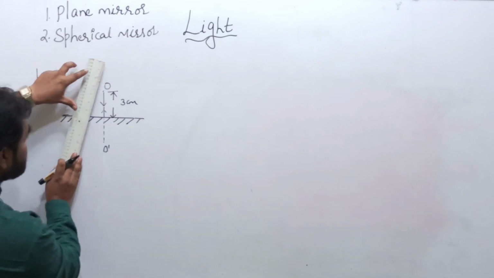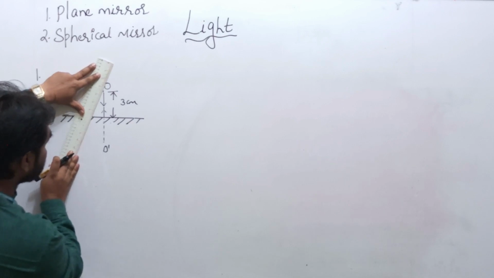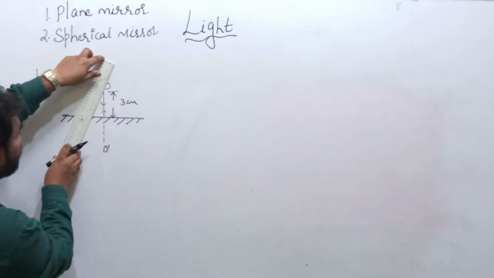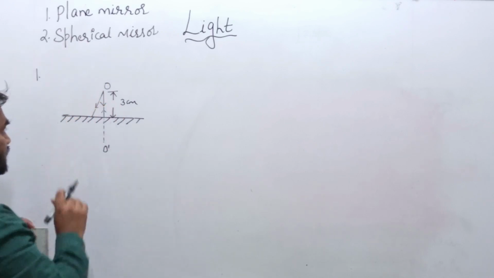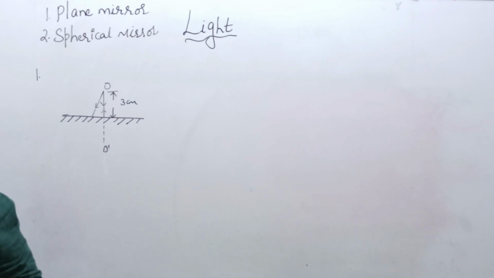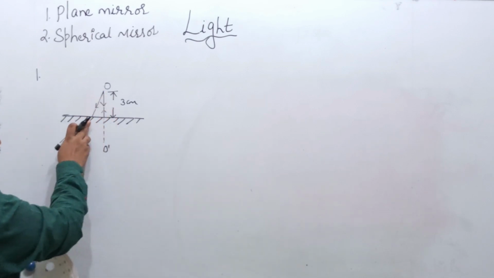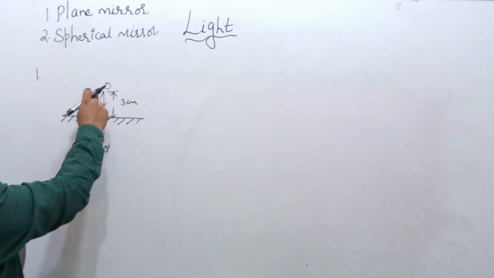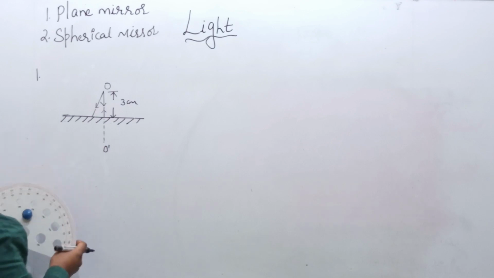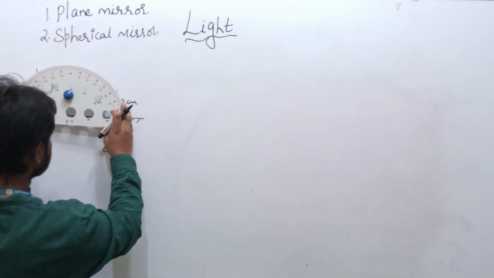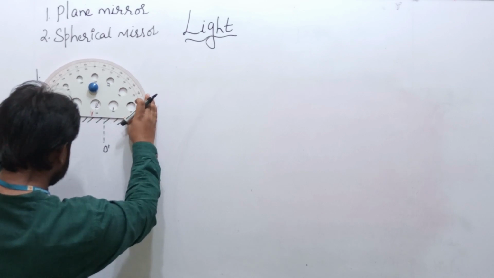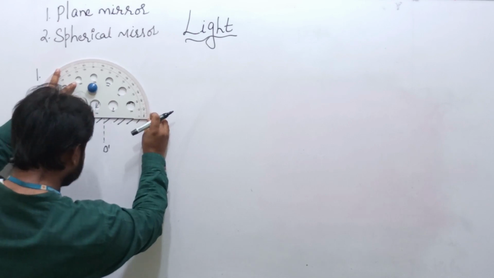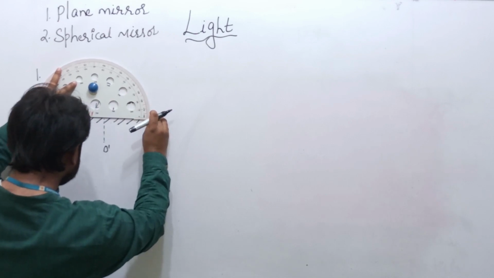Now I'll take one more ray. I'm going to take it from here. It is going to be incident at this point. This is the incident ray. From this point I'm going to draw, because as and when the object falls here, it is going to reflect. It is at an angle, it is oblique. The incident ray is oblique, so it is going to reflect back with the same angle of incidence. The angle of reflection will be equal to the angle of incidence.